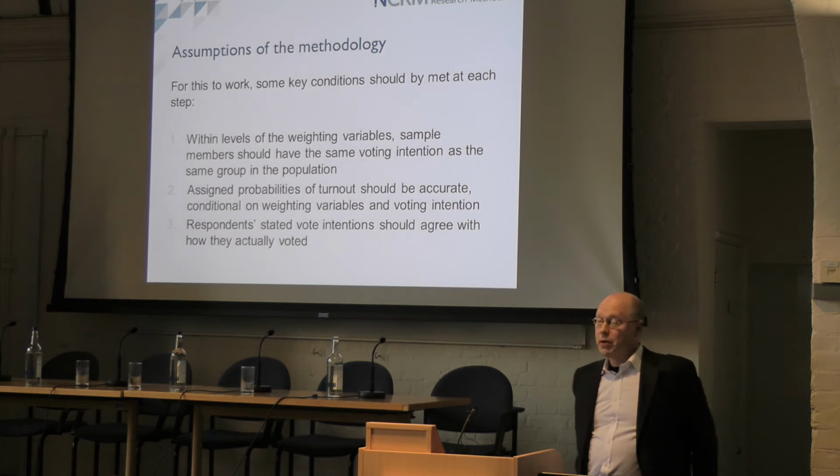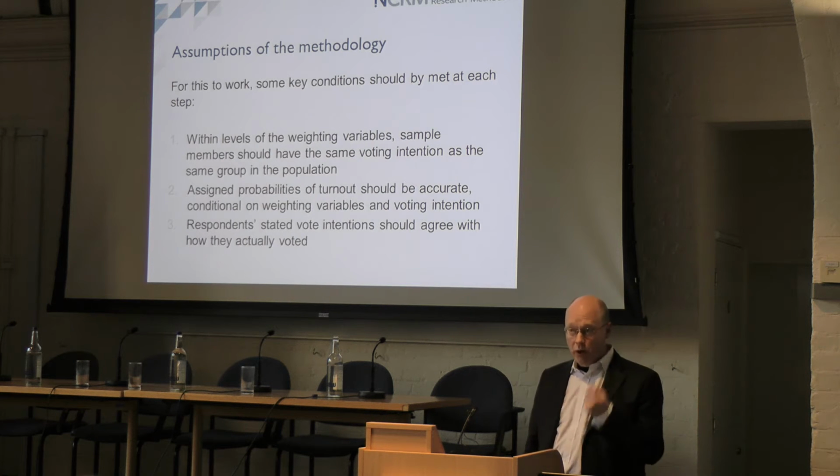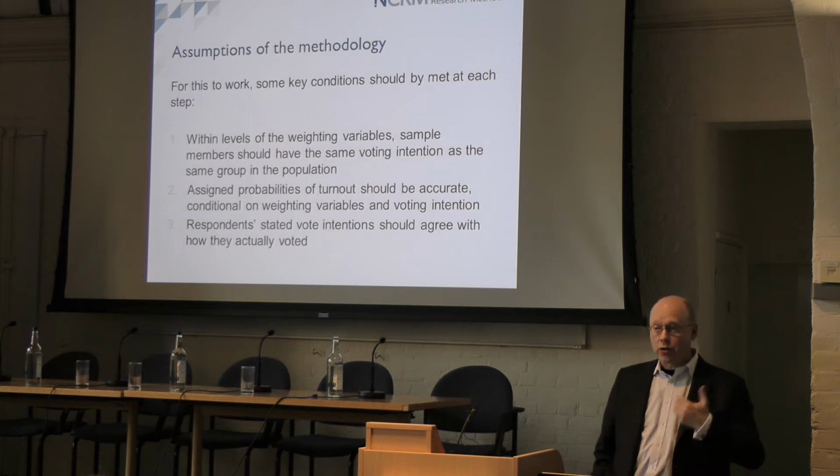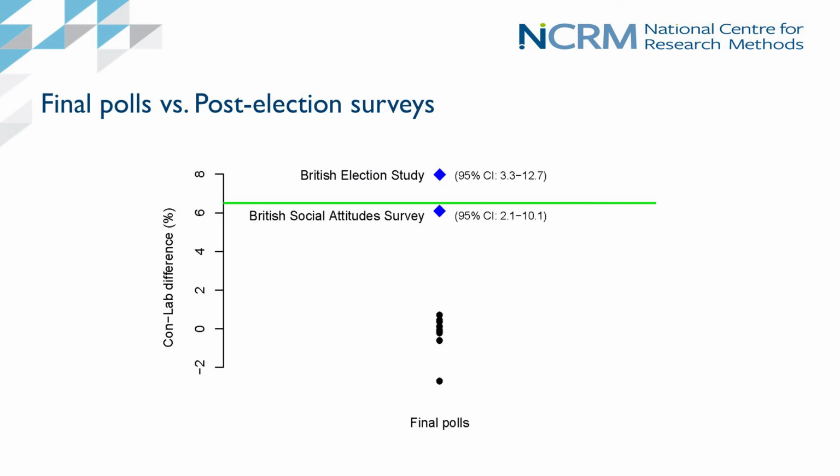And finally, the third step, where you calculate the estimate, rests on the assumption that what they said to the question about who they will vote for actually corresponds to who they voted for, among those who actually did vote. So, separate assumptions for each step. And I'll leave that there for your mind, while I talk about the next slide, which is a comparison